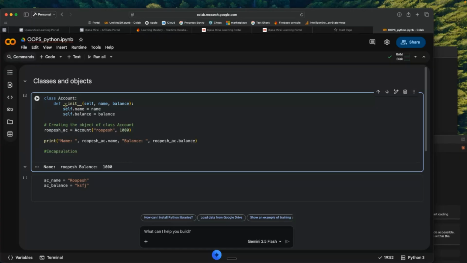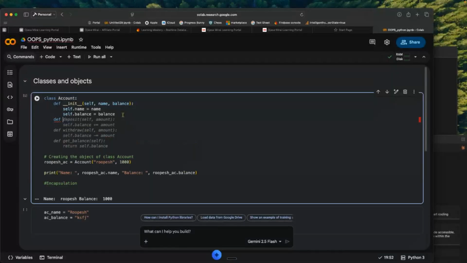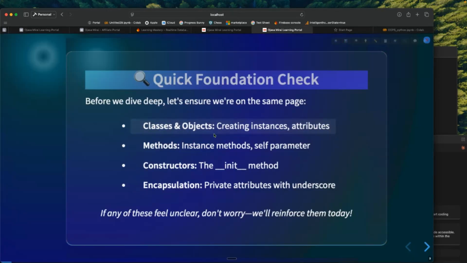This is one of the tenets of object-oriented programming. You want to put all the variables that are needed, and also, for example, I want to deposit. So def deposit. Now whatever amount you deposited should increase the balance. So putting the methods and the variables together is called encapsulation, which we are doing. I hope you have understood what is the class, what is the object, what is the instance method